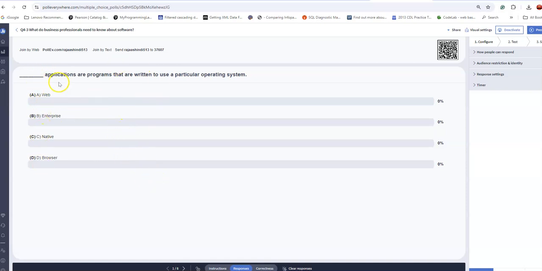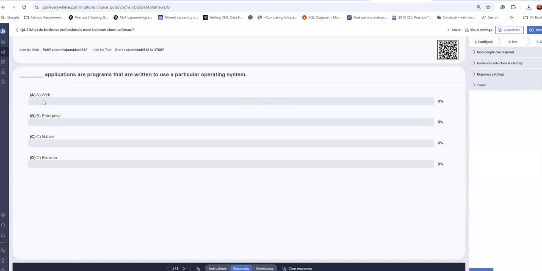So these are the questions. Applications are programs that are written to use a particular operating system. We classify software applications by how they are written. Some are classified as native, or web applications that require a browser, or enterprise applications.